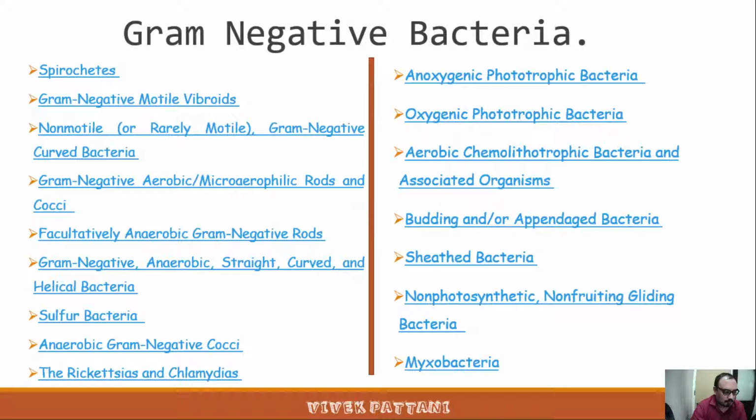Good afternoon, students. As I told you yesterday, I'm going to discuss today gram-negative motile vibrioids as well as non-motile or rarely motile gram-negative curved shaped bacteria. Okay, these are different bacteria. So now, starting with the gram-negative motile vibrioids,